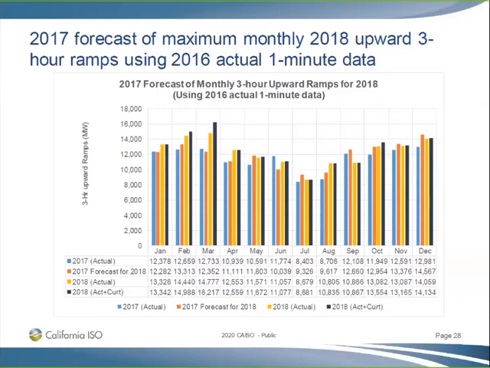So 2017 is the actuals. And you can see the actuals for 2018, which is the orange plot. And then you can show when we went back and added the actual curtailment in 2018, how did that 3-hour ramp look? I think the takeaway from this is you have so much unknown there. When you look at the actuals compared with what the forecast is, our actuals are pretty on the low side. And not by a lot, but it is low.